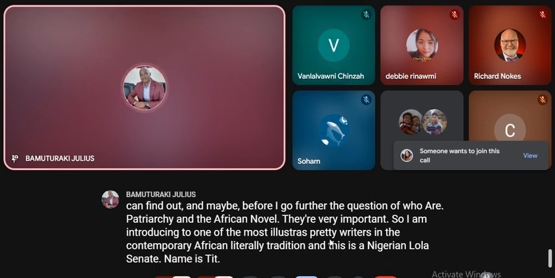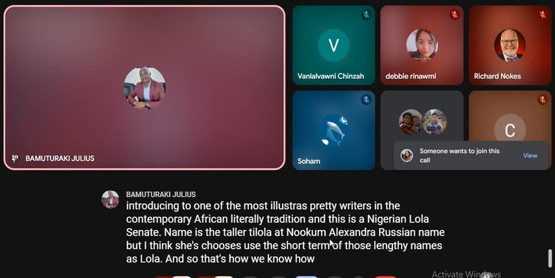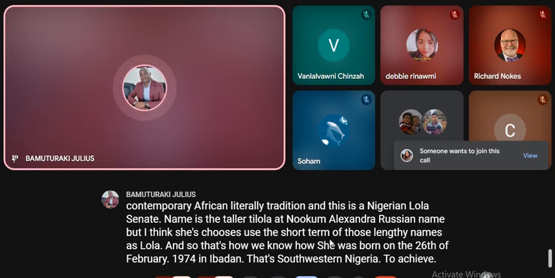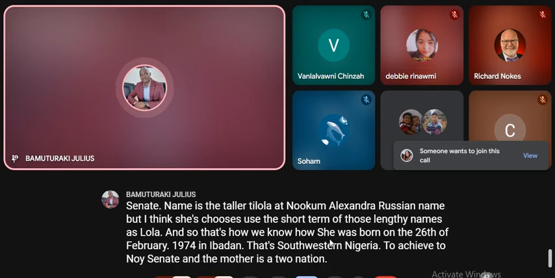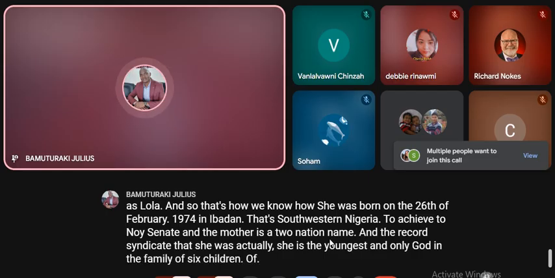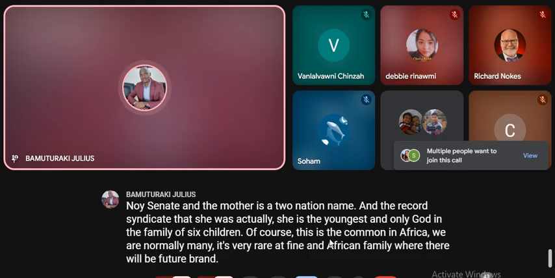Her full name is Tilola Atinuku Alexandra Shoneyin, but she chooses to use the short form, Lola Shoneyin, and that's how we know her. She was born on the 25th of February 1974 in Ibadan, southwestern Nigeria, to Chief Tunwoye Shoneyin and Yetunde Shoneyin. Records indicate she is the youngest and only girl in a family of six children. This is common in Africa, where we are normally many. It's very rare to find an African family with few children, because children are so revered